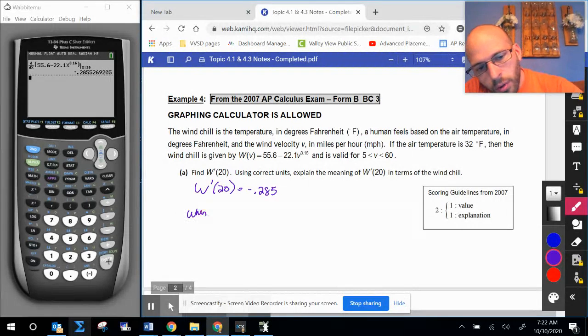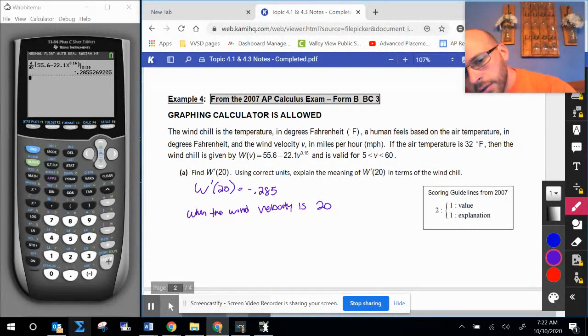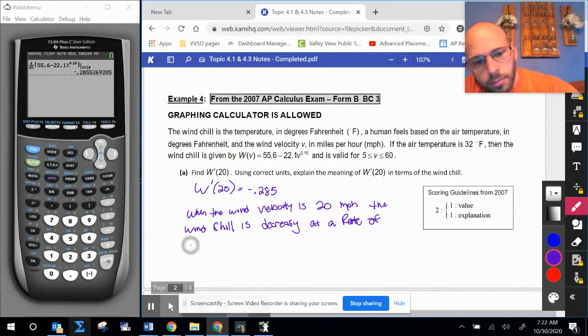So when the wind velocity is 20 miles per hour, the wind chill is decreasing at a rate of 0.285